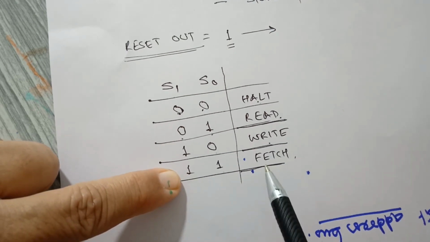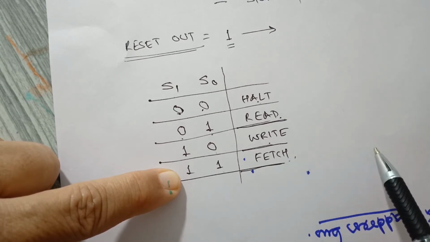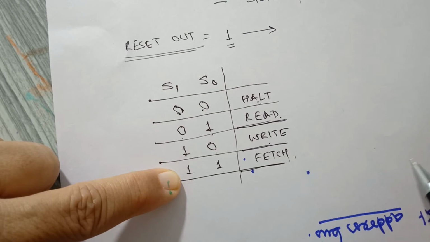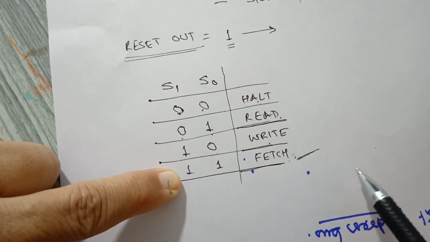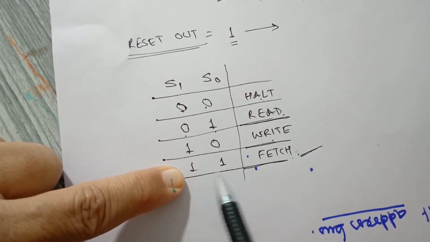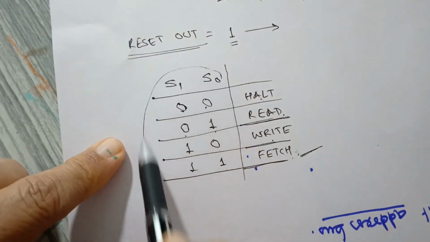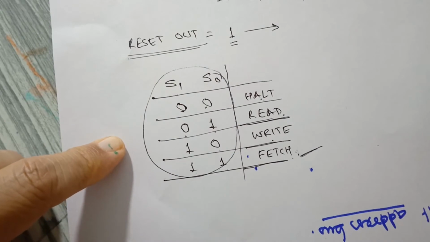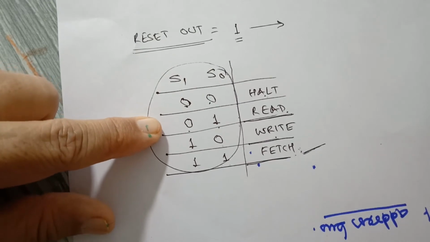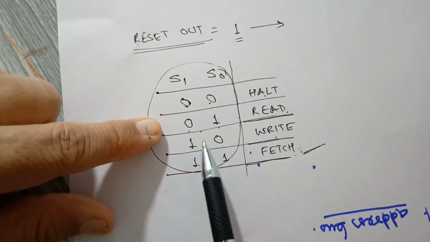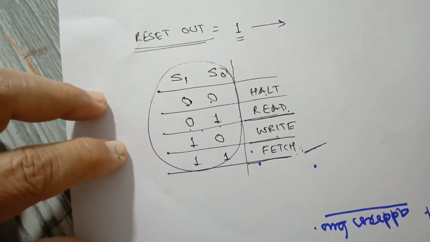And if it is 1 1, that means there is a fetch cycle, which we have said means giving the address, then reading the instruction code, that is called fetching the instruction. So if the microprocessor is fetching the instruction from the RAM, then at that time these pins show 1 1. These two pins indicate the status of the microprocessor, and normally these are not used for a smaller system. When you are using only one microprocessor, they are not used. Okay, this is about the status pins.